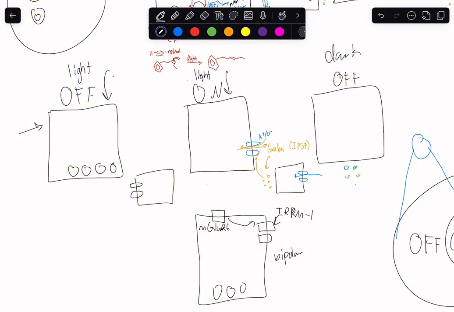So if light's hitting this, then this won't be releasing as much of the GABA here, and then won't be helping keep this from releasing glutamate. But this one, so that's why it's off. It's not really helping to stop the glutamate from being released from the center there. And then this one in the dark is going